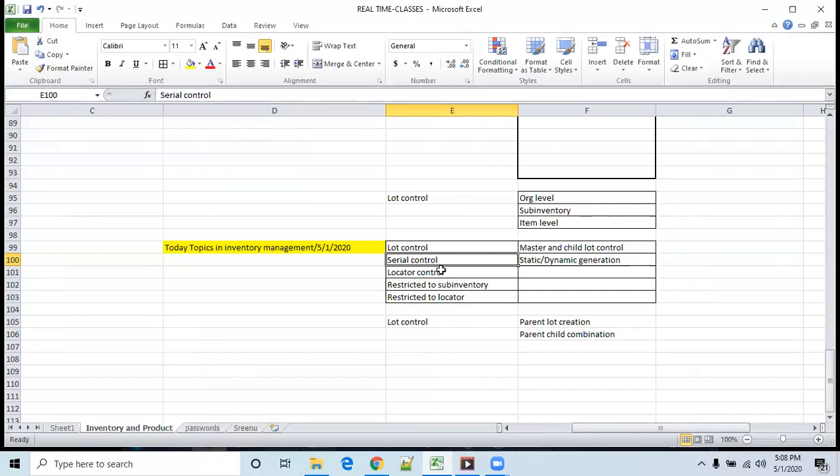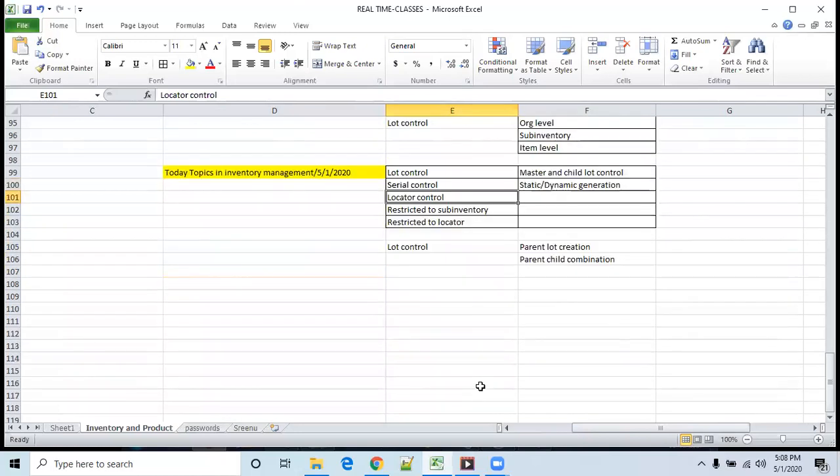And locator control is basically used for warehouse operations. Whenever you buy material, they keep it in one specific locator. Purchased items are kept in one locator combination. Similarly, finished goods are kept in some specific locator.